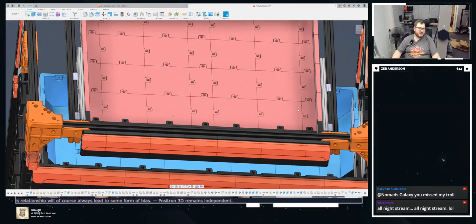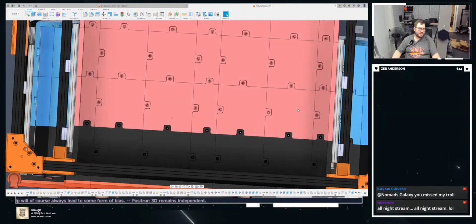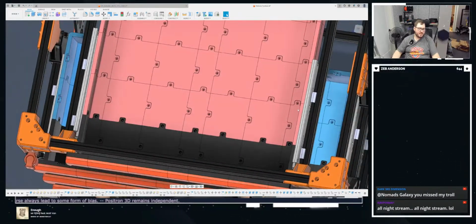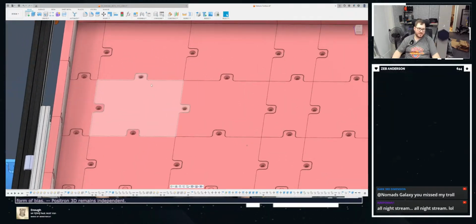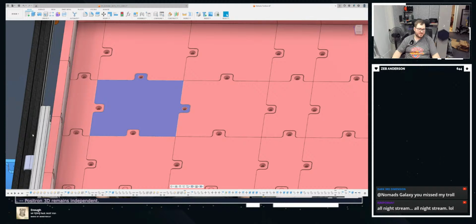Okay. So here is what we're going to do. Here's the problem with modifying all these: there's a lot of pieces to modify. So we're going to start with this one.